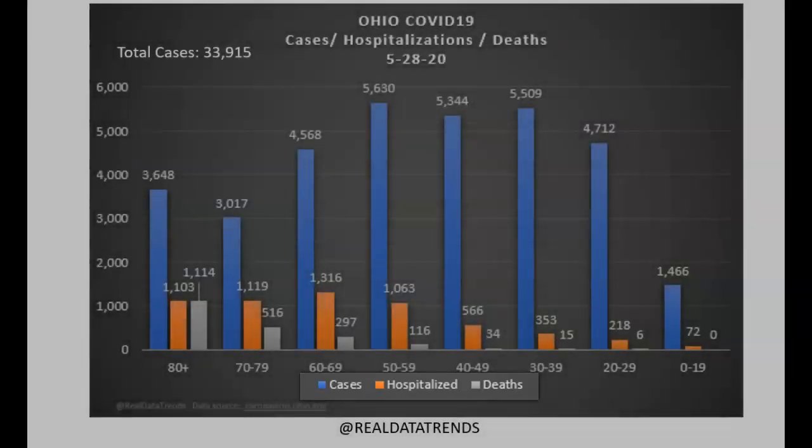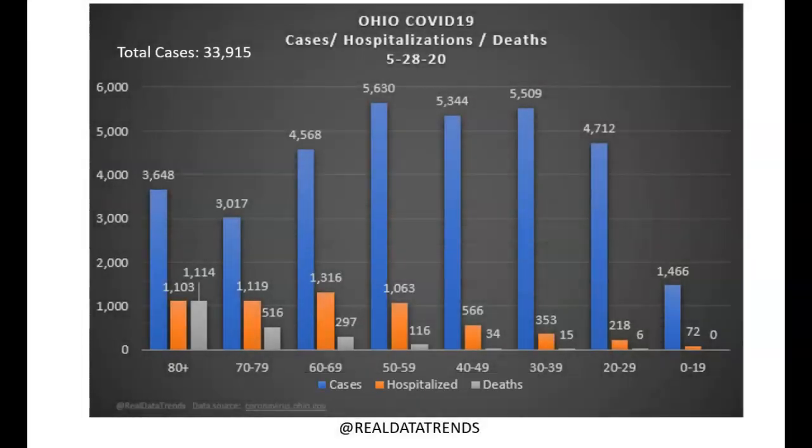gray bars are total deaths. Across the bottom are the various age brackets, with people over 80 being on the left and people under 20 being on the right. Note the fairly consistent distribution of cases over all of the age brackets. Every age bracket has over 3,000 cases. The one exception to this is the under 20 group, which has less than 50% of the cases of any